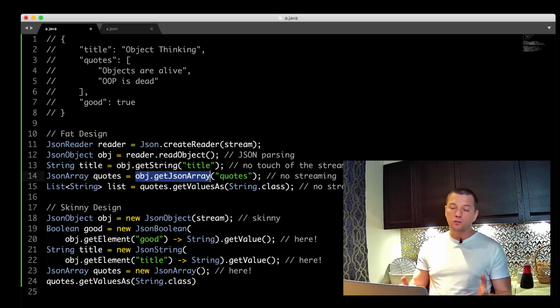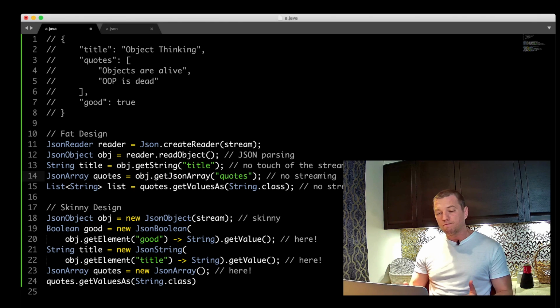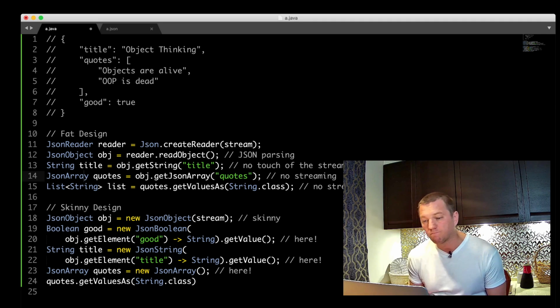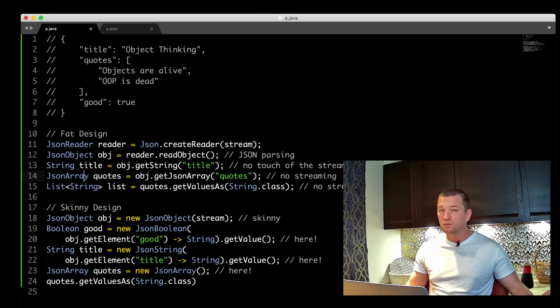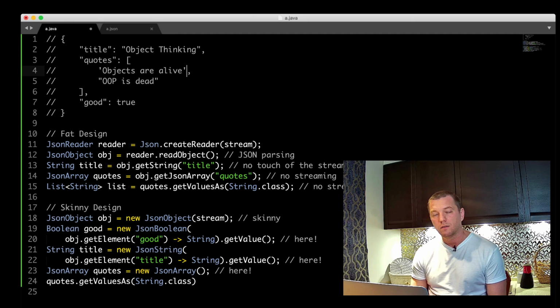That's the idea. In this case, the functionality is hidden in the JSON array, somewhere there. The only way to use this functionality is to get it out and use what they give me. If I want to change the way the array is being parsed, then that's it. I cannot use this library. I need to write a whole new library. Let's say I want it to work like that, with the single quotes. It's not possible to do it with the traditional JSON library coming from the JDK. I need to write my own library.